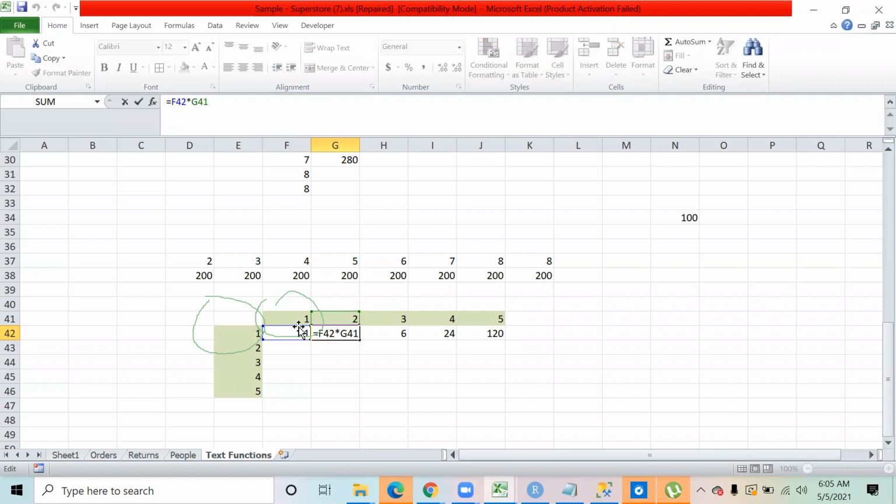Because when you pasted the formula on the right hand side, the column number changed. Right? The column number changed. So the column number for this cell changed. So E became F and F became G. So the numbers are getting multiplied, this into this. And the same thing is happening over here. The multiplication is just moving one step ahead, due to which you are getting the incorrect numbers. So I wanted to make sure that the column number of this cell should not change.